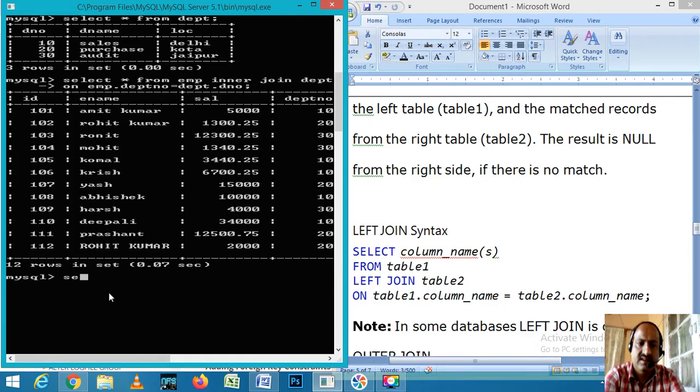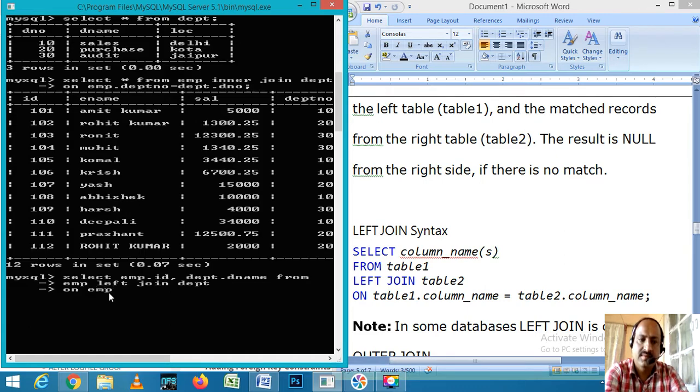Select emp.id, dept.dname from emp left join dept on the basis of emp dot dept number equals to dept dot d number.